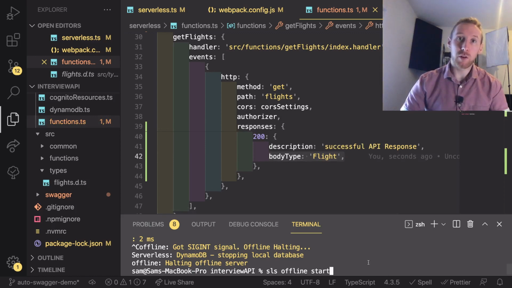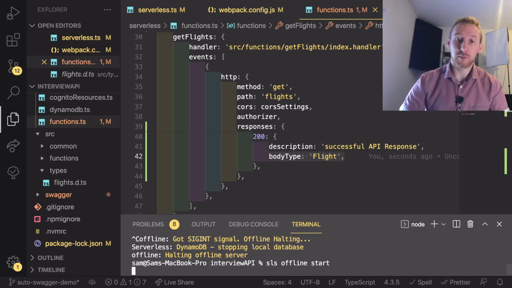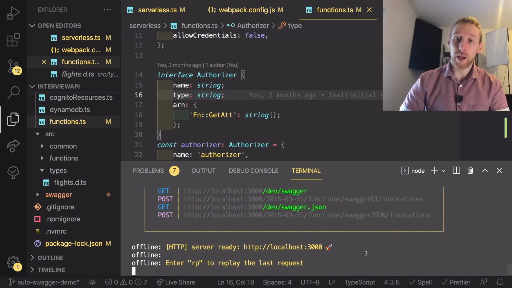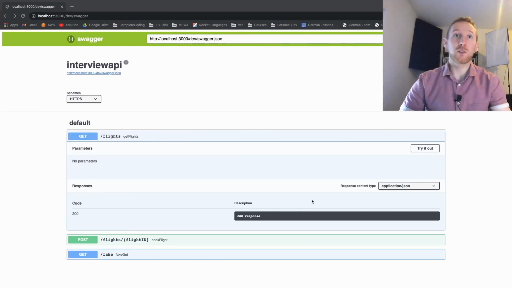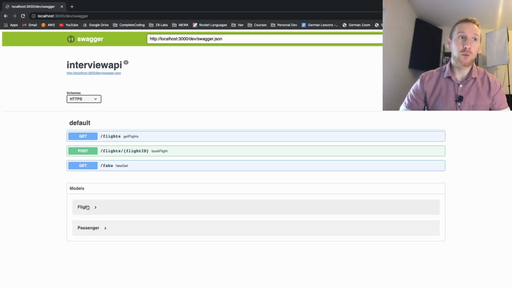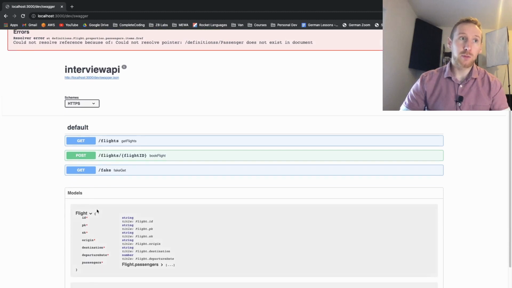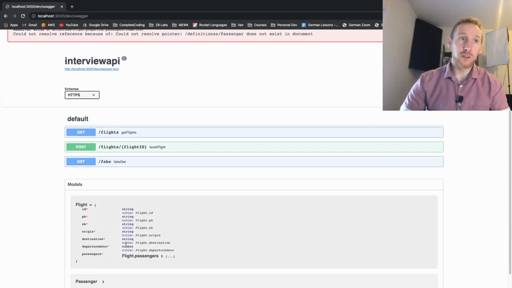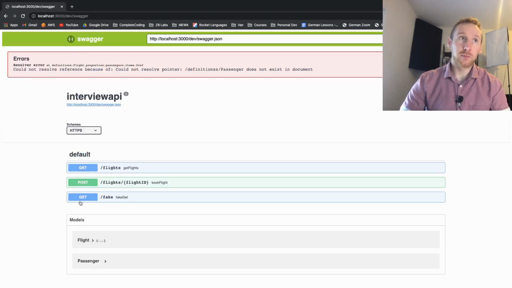We can now rerun serverless offline start. So now that that has finished compiling, we can go back into our browser and refresh this Swagger URL. And what will happen is we now have some models. So this flights model contains all of the information about a flight, as well as if we look on our